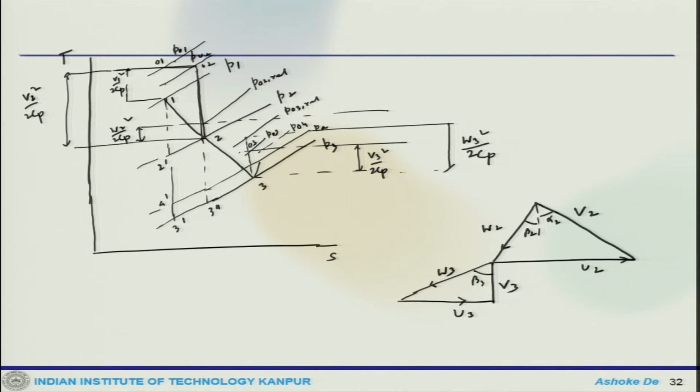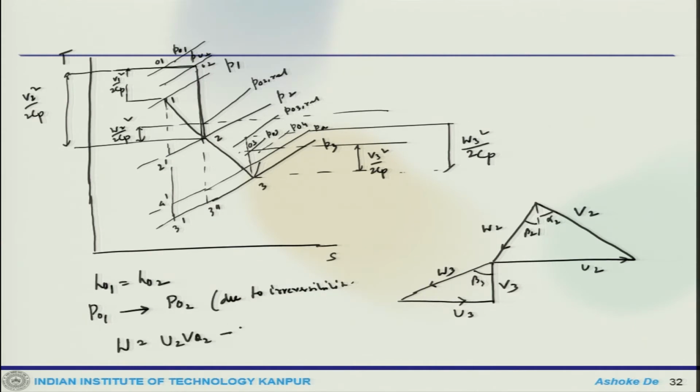Now, as no work is done in the nozzle, we get H naught 1 equals H naught 2. Now, the stagnation pressure drops from P naught 1 to P naught 2. This is due to irreversibilities. So, the specific work given by the Euler turbine equation, W, would be U 2 V theta 2 minus